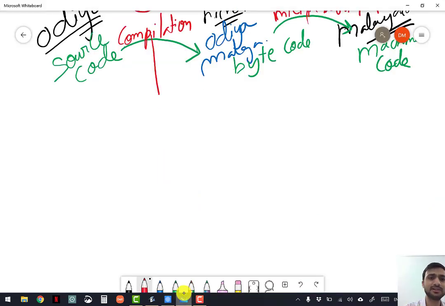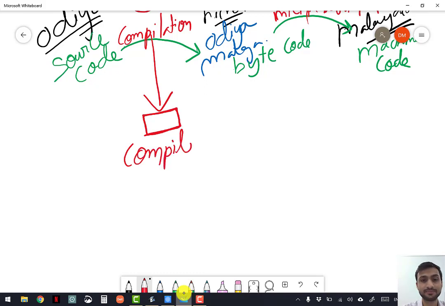The compilation is done by a small machine kind of thing known as the compiler, and the interpretation is done by another small machine known as the interpreter.